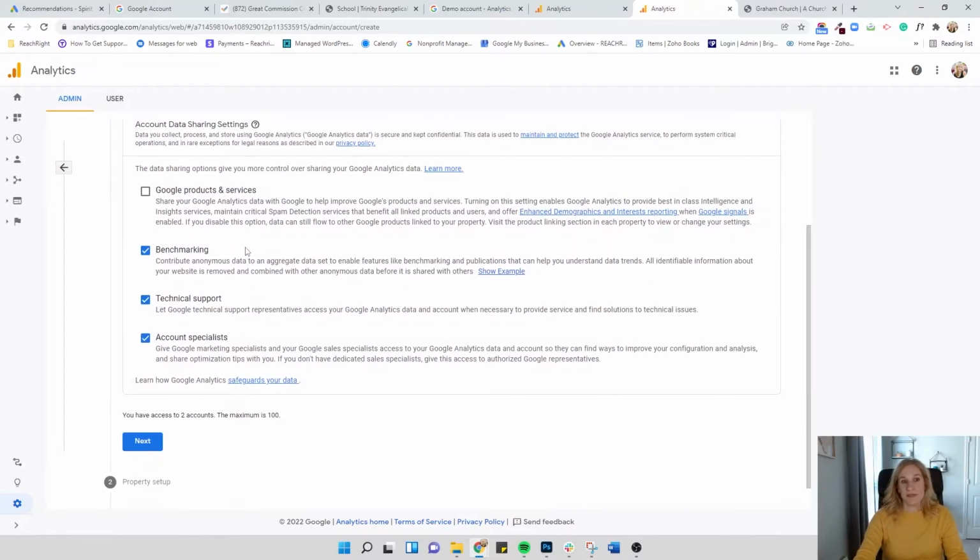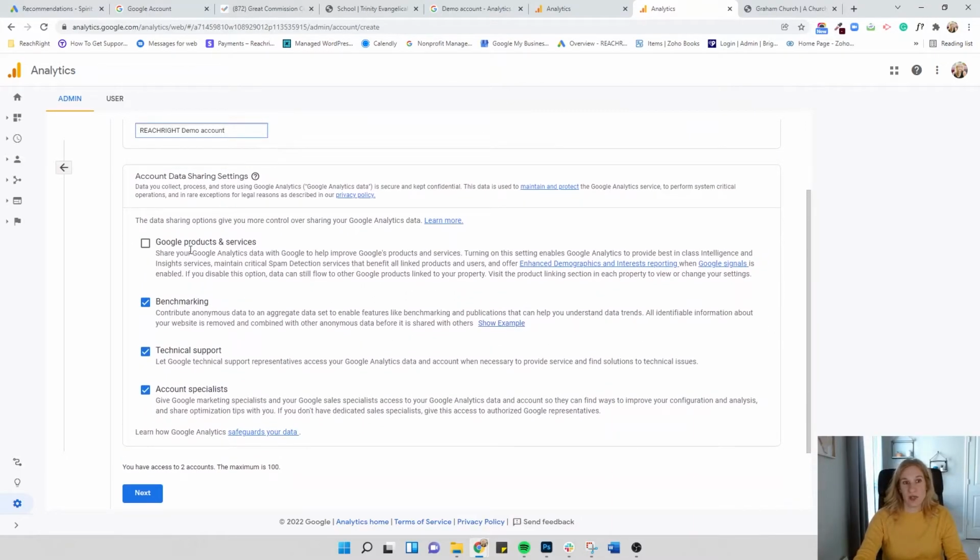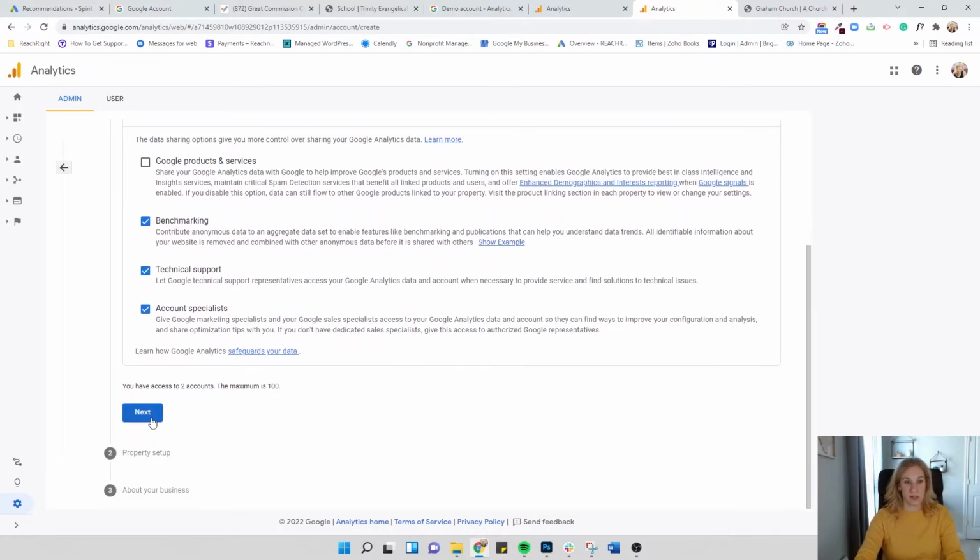This here, you're just checking, obviously, if you want emails on Google products and services. I don't need any of that, so I don't check this box. And if you want to, obviously, share your data with Google, I usually leave that alone. So